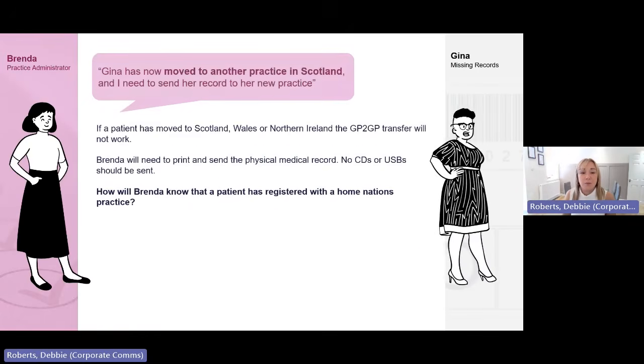Okay, so sticking with Gina then, and Brenda. So Gina's decided she's had enough of England, and she's moving to Scotland. So now that basically means that Brenda needs to make sure that Gina's records follow her. Now, if a patient has moved to Scotland, Wales, or Northern Ireland, then the GP to GP file transfer won't work, and all the physical medical records need to be printed off in full and sent off with the CitySprint